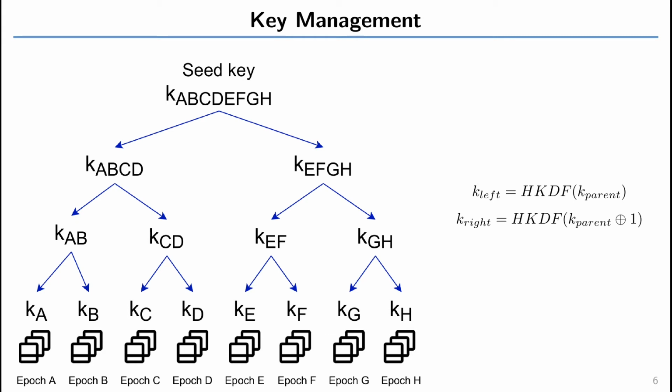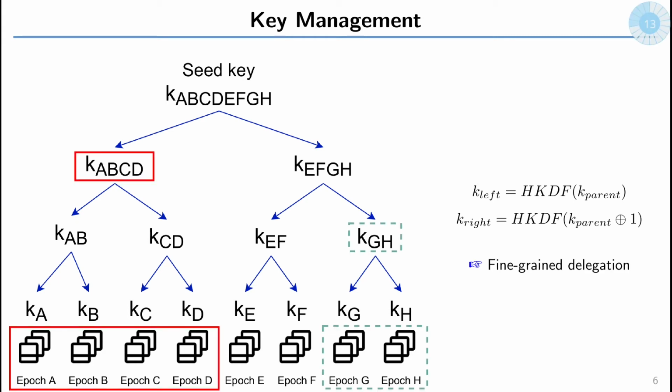Additionally, this key tree structure is very convenient to support another popular commercial feature, which is delegation. And in our system, we are able to do a very fine-grained delegation. Let's say, for instance, that the owner would like to share some videos with some shared users. To do so, they only need to figure out which portion of the key tree they need to share with